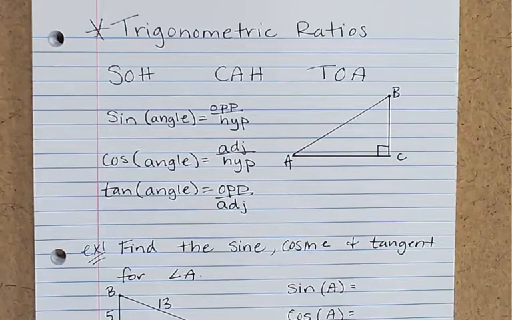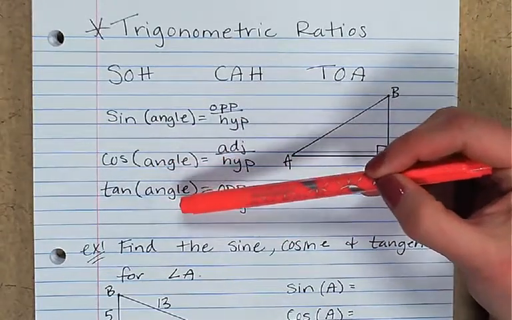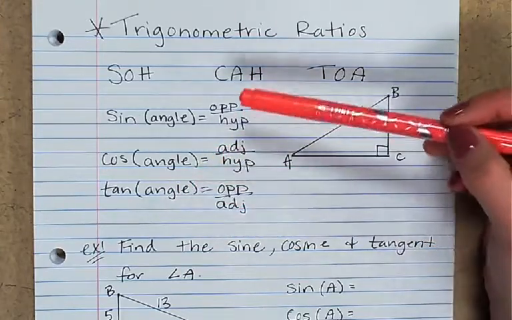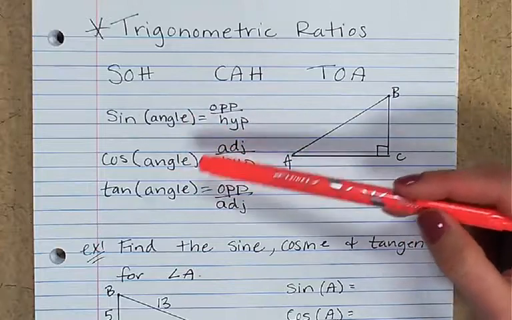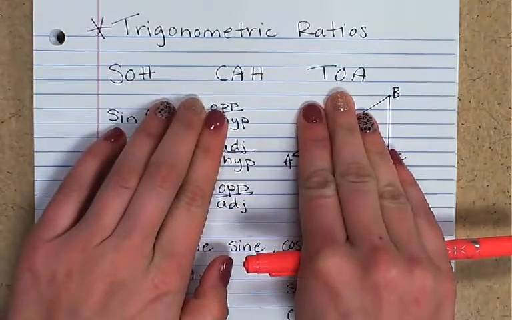Review of the Edgenuity lesson: trigonometric ratios. Our three trigonometric ratios are sine, cosine, and tangent. What we use these for is to help us solve for side lengths of triangles and also angles inside of a triangle. The way that I remember it is this saying here,